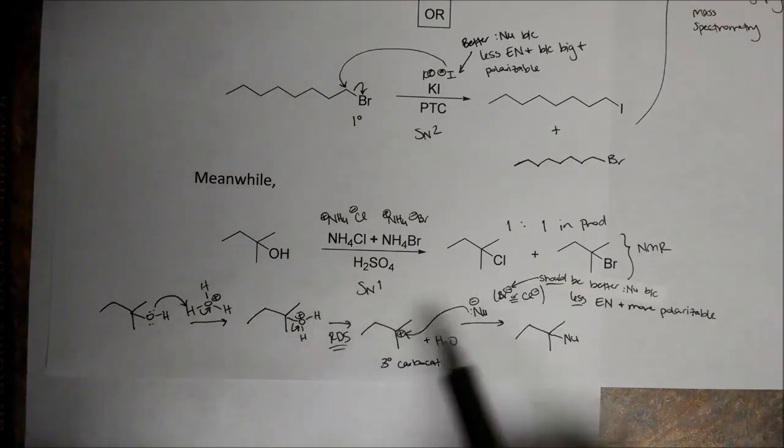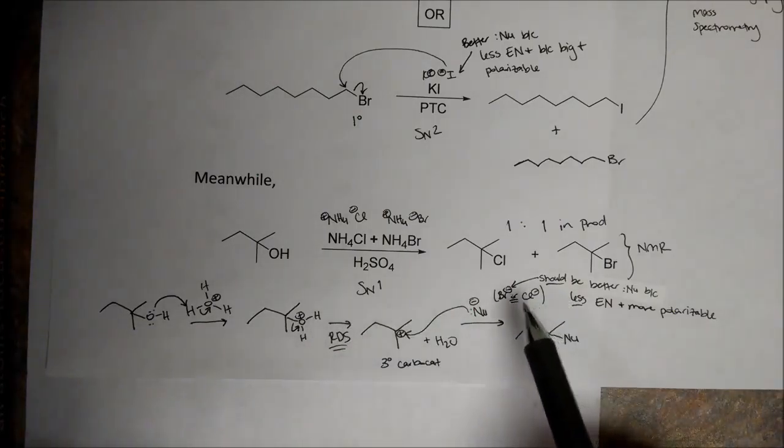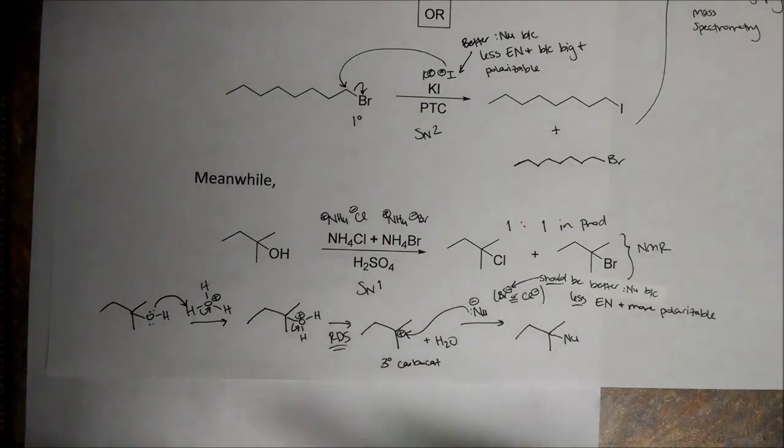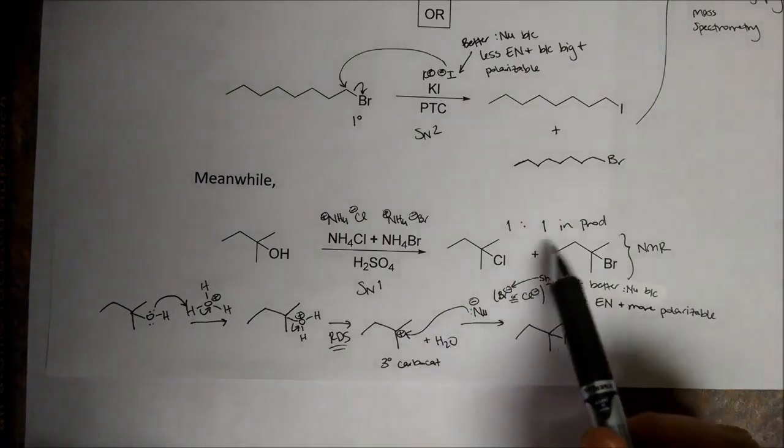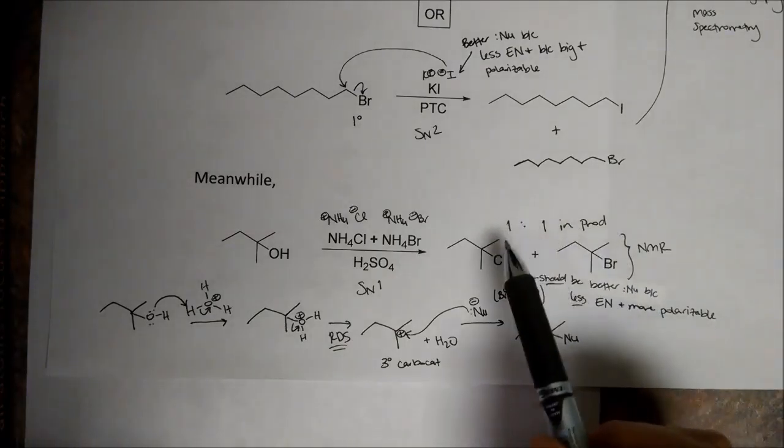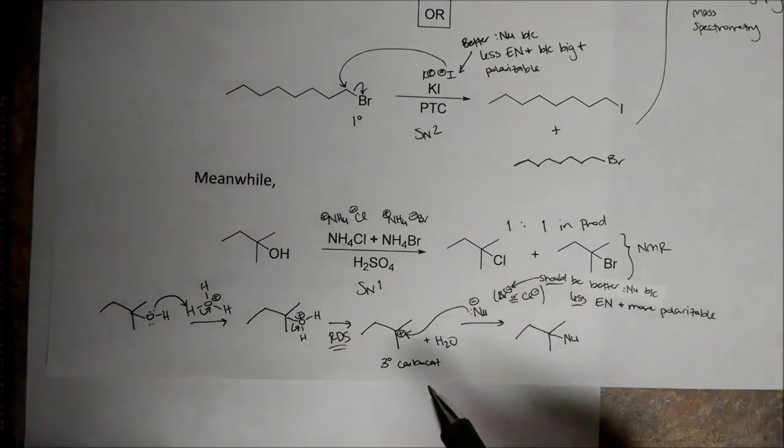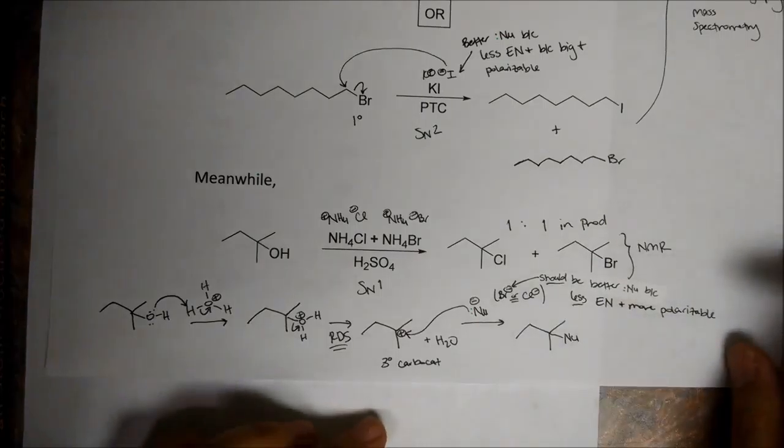So that's why, even though we have the different nucleophiles, all that matters here is how fast this guy leaves, and he leaves at the same rate no matter what, okay? So the nucleophile does not affect the rate of this reaction, which is why we get a nice statistical mixture of 1-to-1 of the different products. Awesome. This should be enough information for you